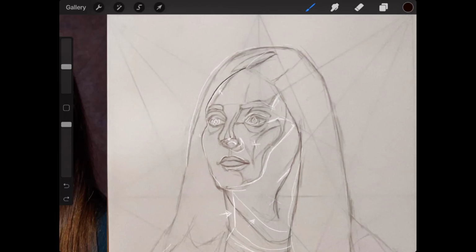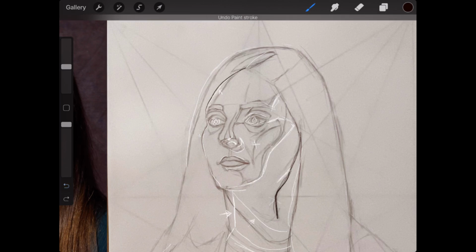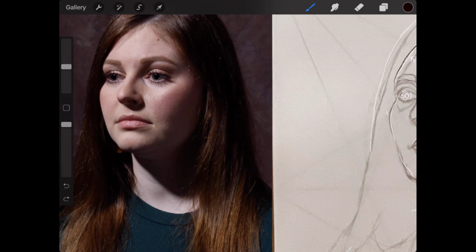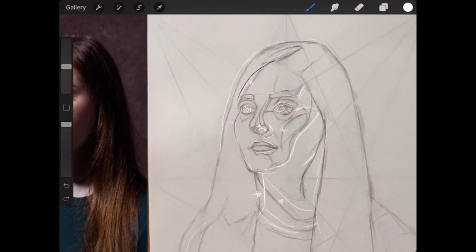So that kind of concludes the outside of the face. This seemed like it was in the right spot, but instead of bringing this line all the way down, just kind of end it here. All of the transitions in the neck can be suggested in the tonal stage. You don't really see all that much. You just see this kind of tapering of value where it's dark in here and reflected light in here. And you'll be able to do that. All you need to do is just indicate that softness there, maybe a little bit of an overlap here and here, and then do the rest in the tonal stage for the underpainting.